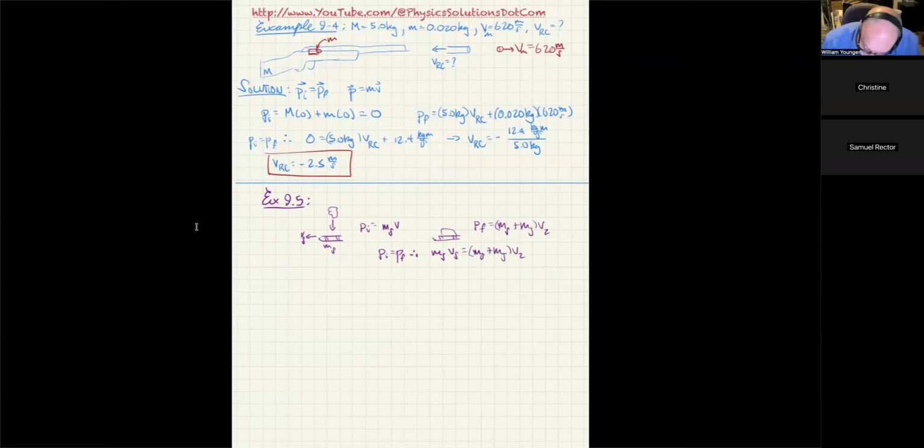And you can see that the new velocity, V2, is going to be the mass of the sled divided by the mass of the sled plus the mass of Jeannie, times the initial velocity of the sled. So you can see in this case, in part A, when she falls down on it, she is going to cause the sled to slow down.